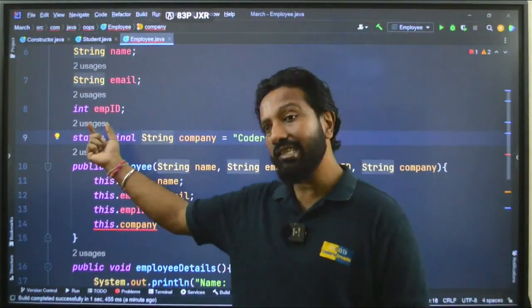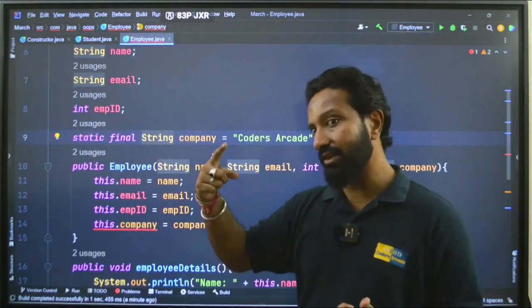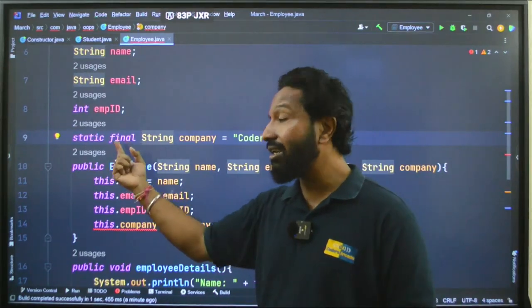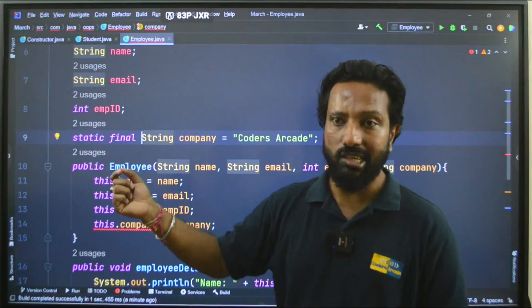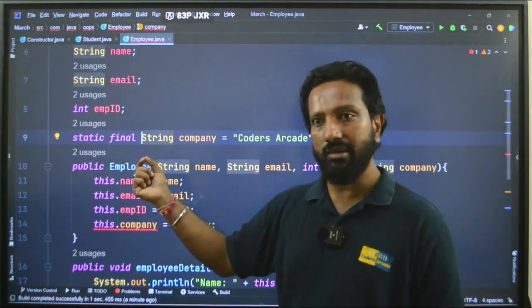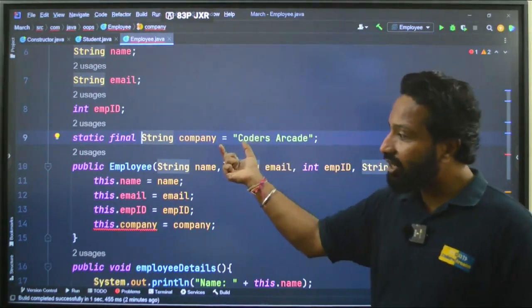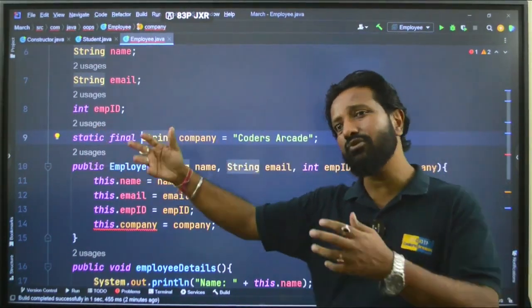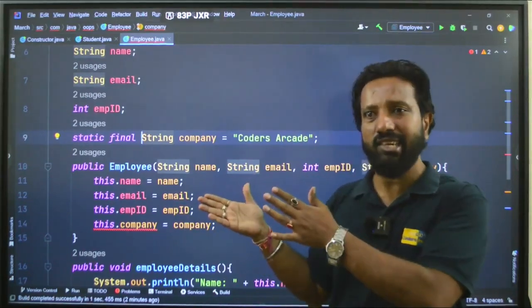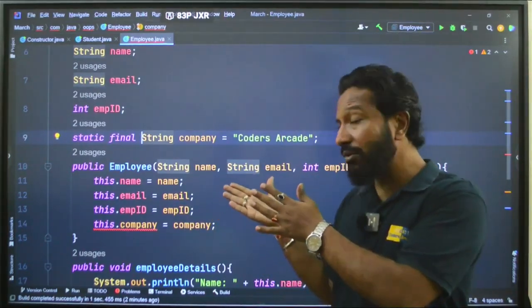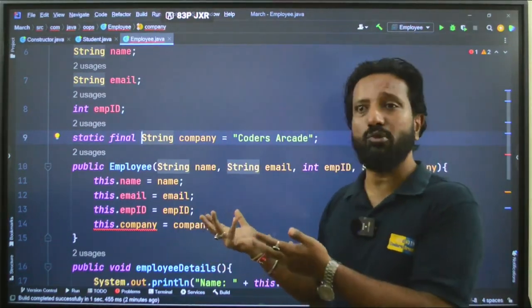Okay, final keyword. What does that mean? Why are you making it static? So that you don't need to create any object to access this. Okay, the first thing. The second thing, why is it final? The final keyword is the same as the const keyword in C++ or C language or Java, you can say. Fine. So that's why think that it is not going to change. So in that case, I am making it final. Say suppose for a student, when the student is studying engineering, the college will not change, right? In normal cases, it will not change, but in some cases it might change, but we are not bothered about that, correct?